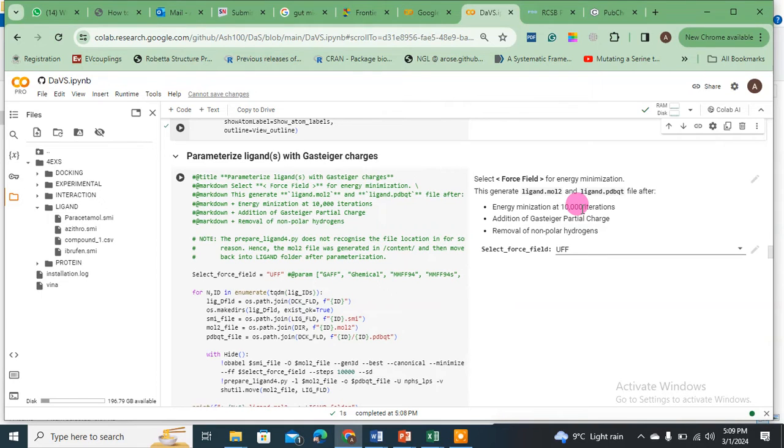I will not suggest to decrease it because sometime in your library you may have different structure or very strange kind of structure and it needs much more iterations. So therefore by default it is okay, although you can increase it, but you need to remember it because during your thesis writing or manuscript writing you will need to include this information in methodology. We will also add Gastier charges, we will remove some non-polar hydrogen, and lastly which force field we want to select for these